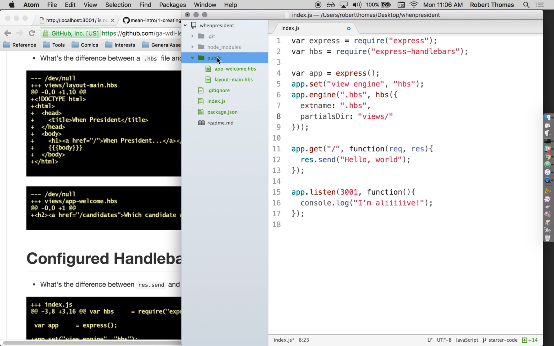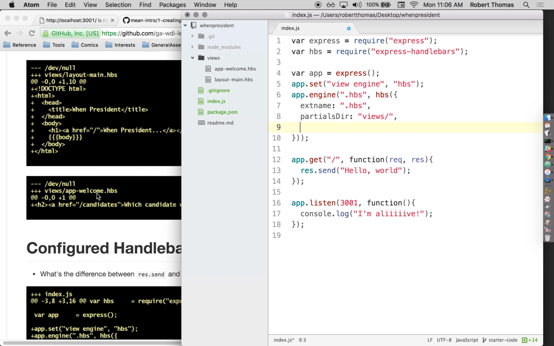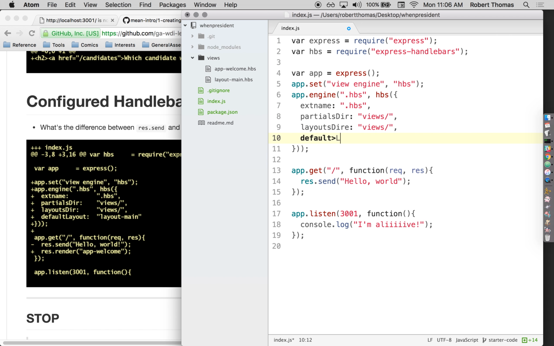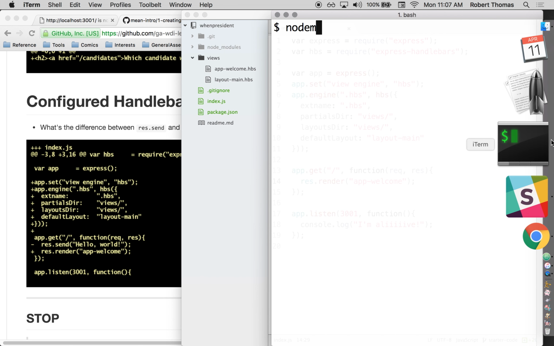Yeah, my bad, I take it back. This shouldn't be called public, it should be called views. Sorry. layoutsDir, views, and defaultLayout is layout-main. And then at the end of all this, I'm going to change this res.send to being res.render app-welcome. And now when I fire up Nodemon,